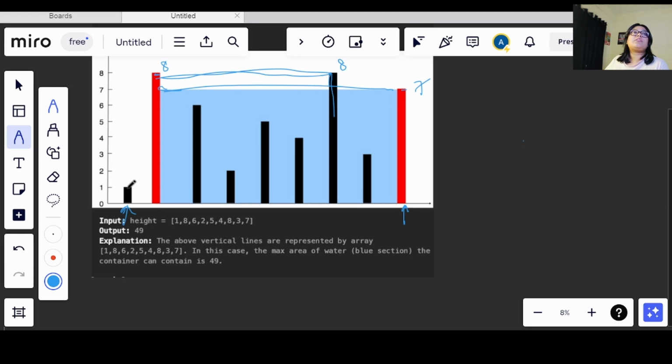Now what we will do is first get the minimum of both. 1 is the minimum of 1 and 7. So let's take the height as 1, the minimum, and the distance between both of them is 7. So the area by both of them is 7. Now why do we need to take this? If we have a greater value than that, we will simply move this one forward. Now why are we doing this? If this value is lesser than this,